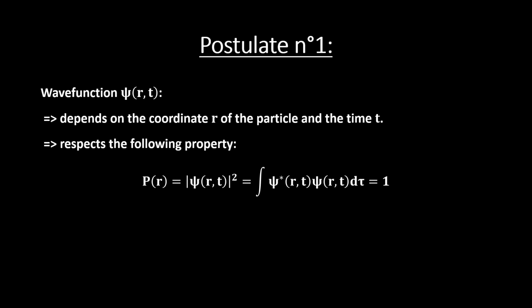For any given coordinate r and any given time, the psi wave function must always have a unique value in order to guarantee that for a given state, there is only one probability. Indeed, having more than one probability for a given state means that the system is absurd. And thirdly, the wave function must be square integrable so that it can be used as a probability density. If we take the same reasoning as in the second point, having the integral being infinite would be absurd and impossible if we want to have a probability density.